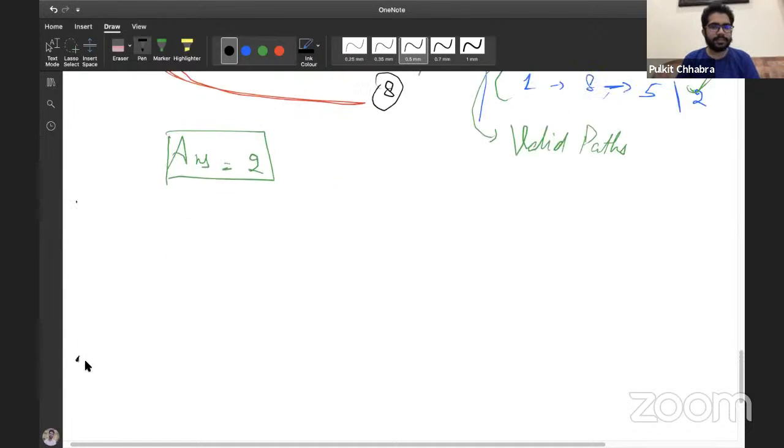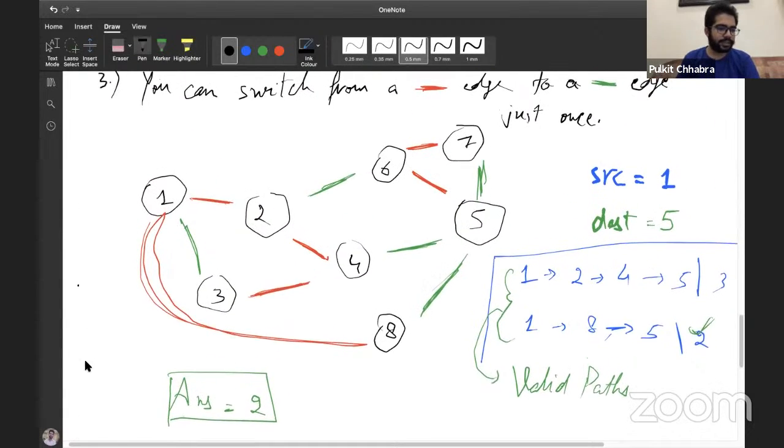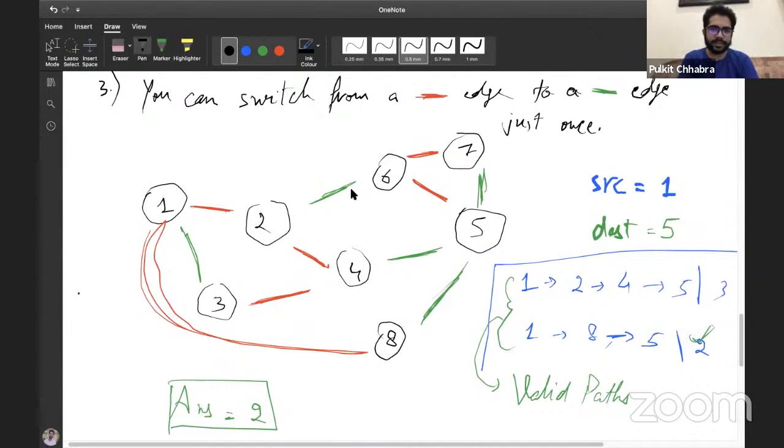Yes, even one vertex can have more than one edge. I think it has been made very clear with this example. I'm not sure if I'm understanding your question properly or not. You can see that this two has three edges, one this, another this, and another this. Yeah, more than two also. And for the node two, more than two edges are associated with it.